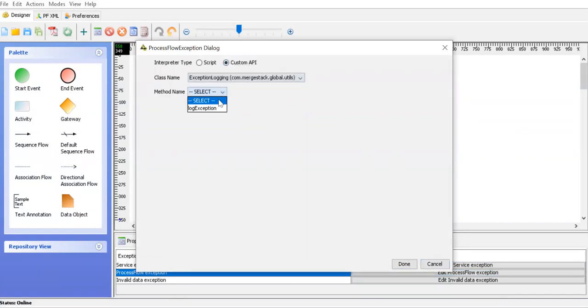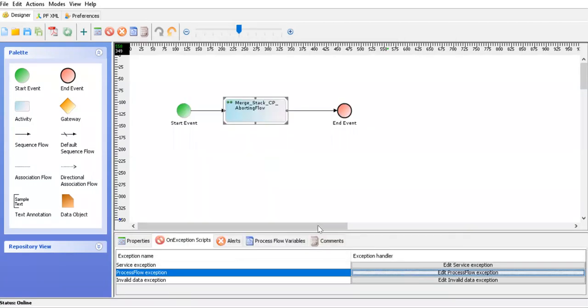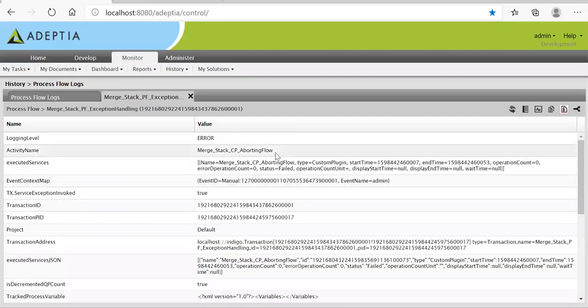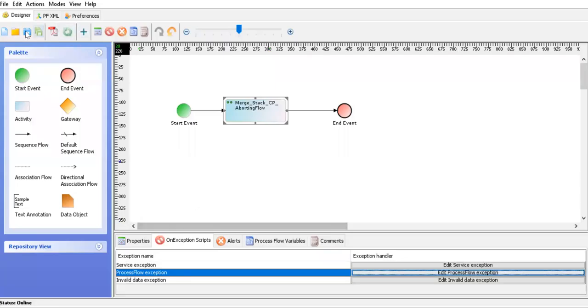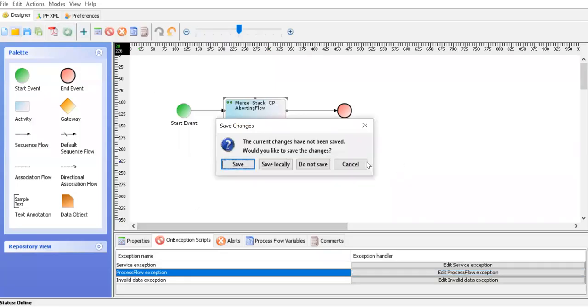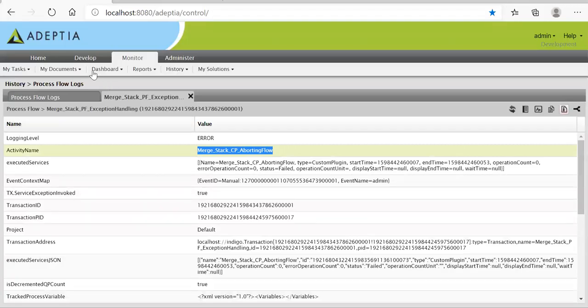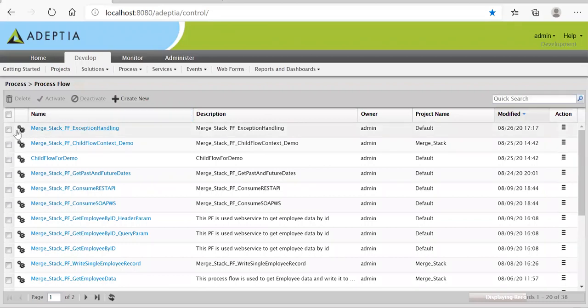Let's select this log exception. Right now, the activity name is exactly the name of the activity. Now, let's save this, and then go back to the process flow section.